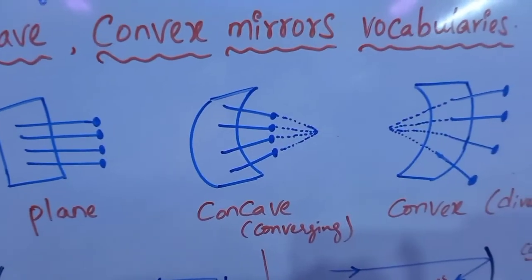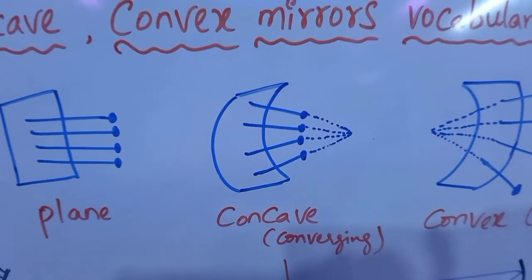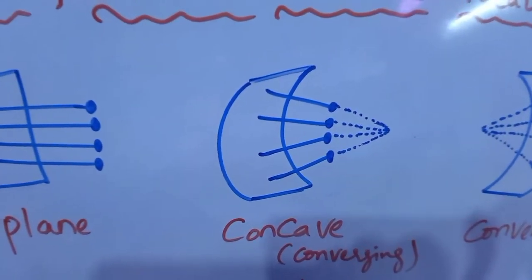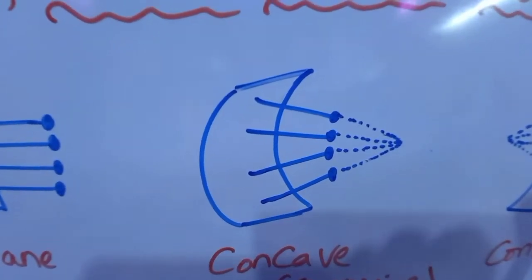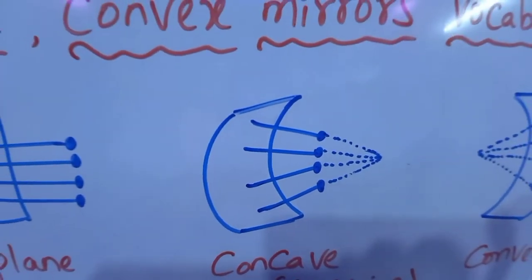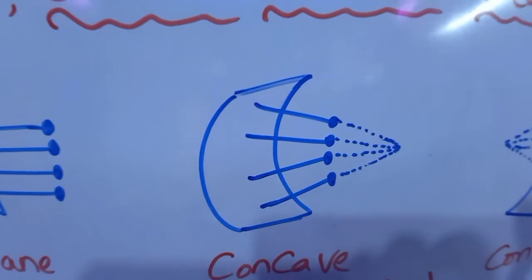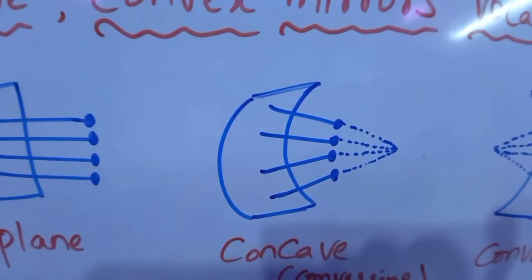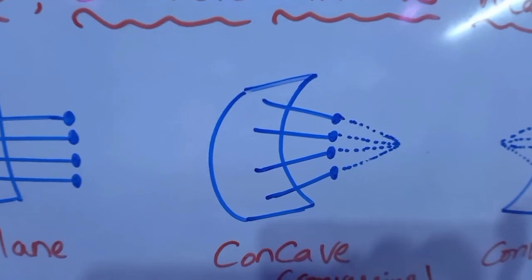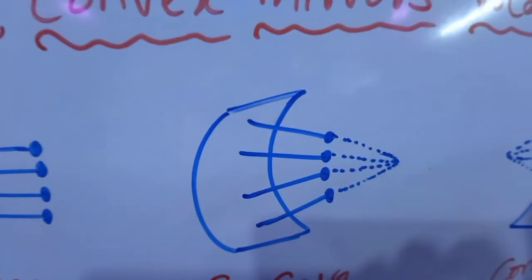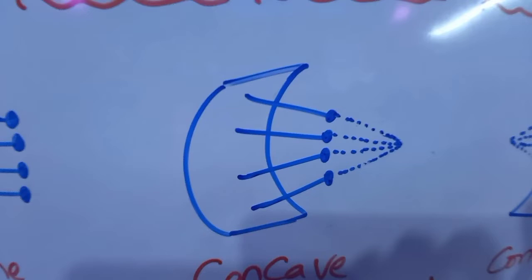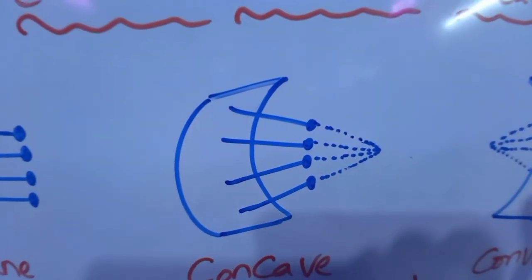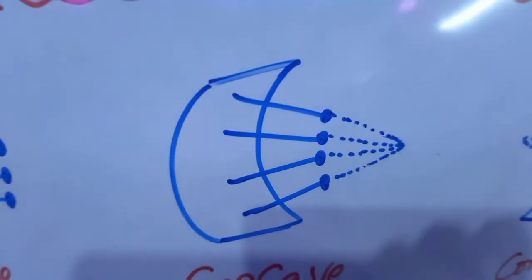Coming to the curved surface, now we have to bend the foam piece in the inward direction. When you bend the foam piece inward, what happens to the pins, children? If you observe carefully, they still represent the normals at various points, but you will notice that all the pins tend to converge at a point. Is it right, children? They will intersect at a point.